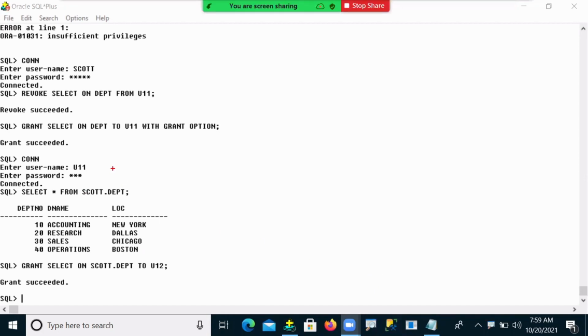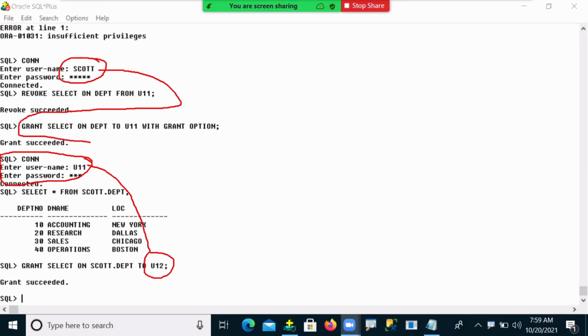So user 11 was successfully connected, and this user 11 was granting permissions to user 12. But how could user 11 give it? Because he received permissions from the administrator with the grant option statement. With the grant option statement, whenever a user receives permissions from the administrator, that user has a right to give the privileges to user 12.